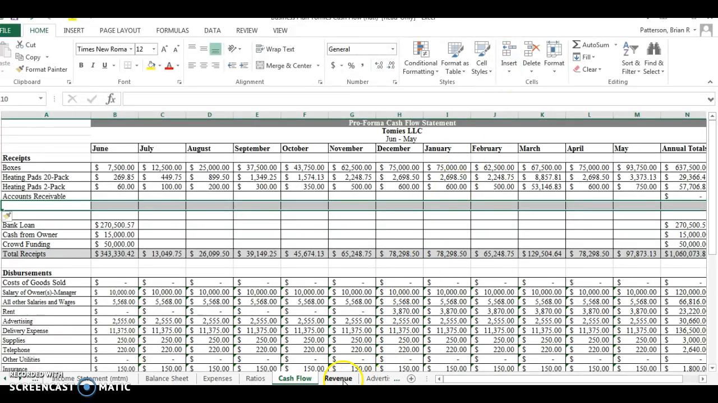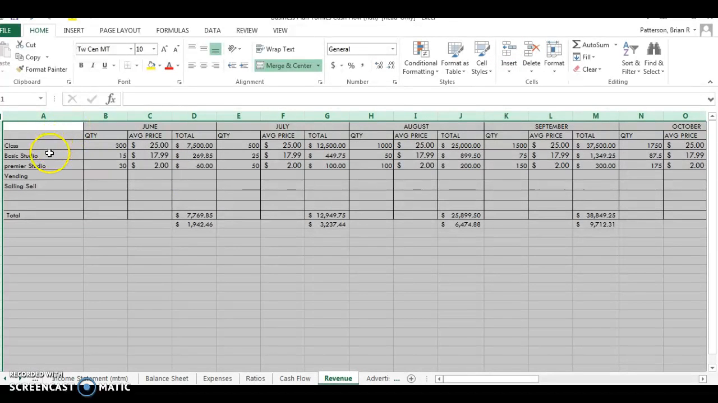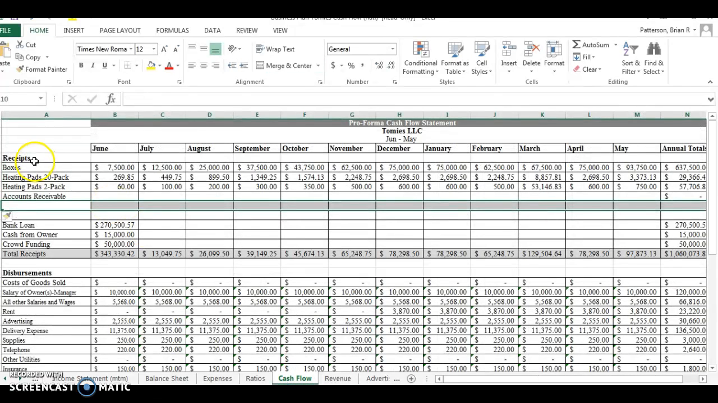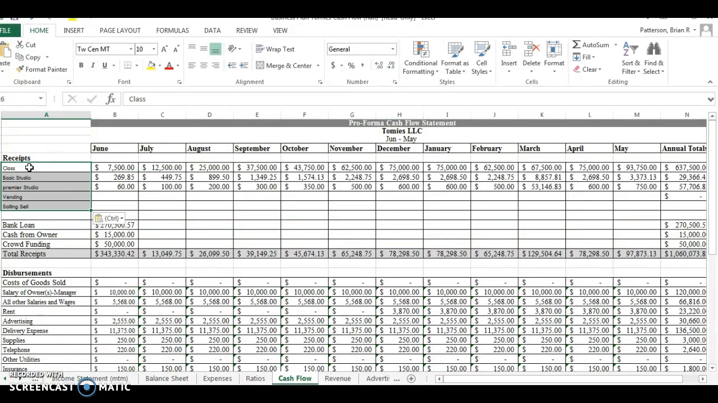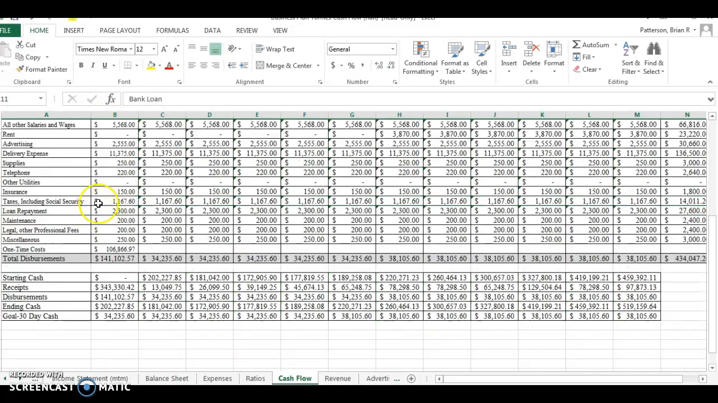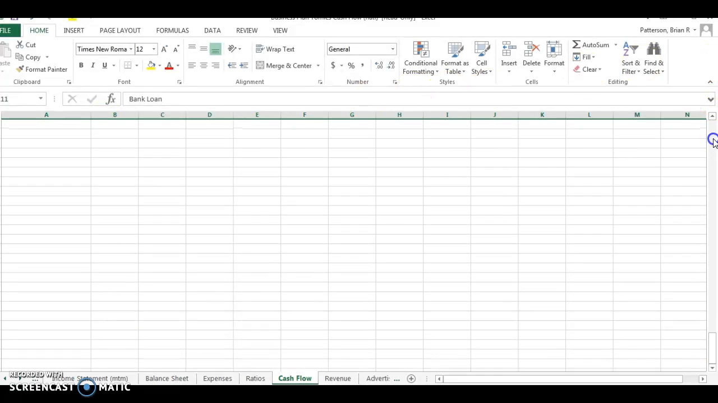So on my revenue sheet, I have 1, 2, 3, 4, 5 ways I can make money. So I want to make sure I have 5 places on my cash flow sheet. 1, 2, 3, 4, 5. All right. I'll delete that row. So easy. So now that these are here, and we have the bank loan,